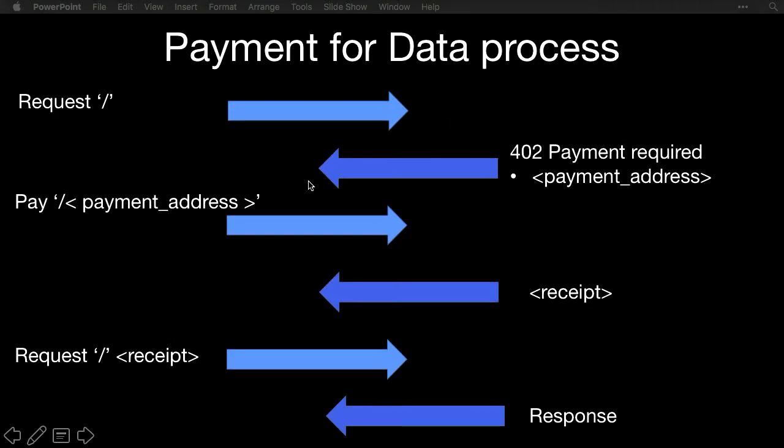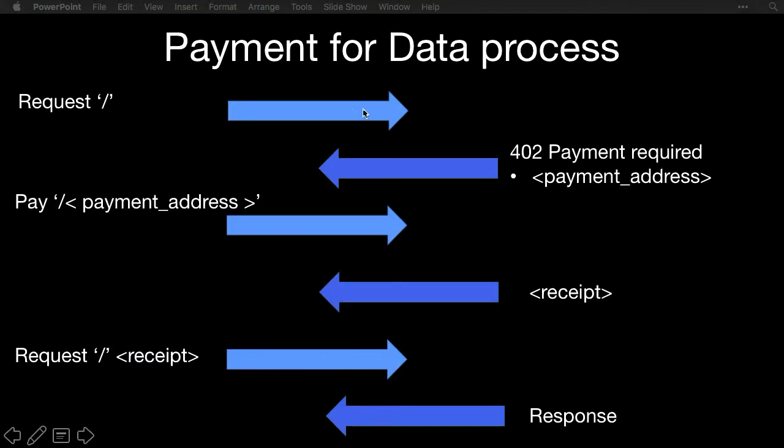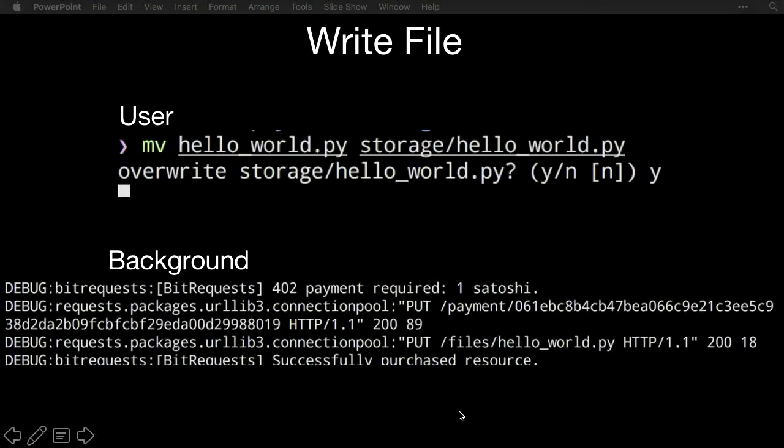But it's doing this, so you can kind of see 1, 2, 3, 4. That's kind of like the first 4 here: request, 402, I make a payment, you give me the receipt. And then the last 2, which aren't shown, is I now remake the same request I just made with the receipt and I get the response. And then a write file